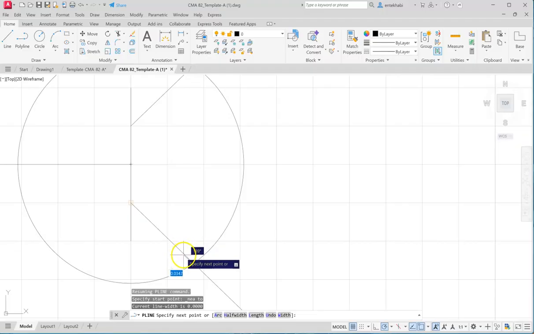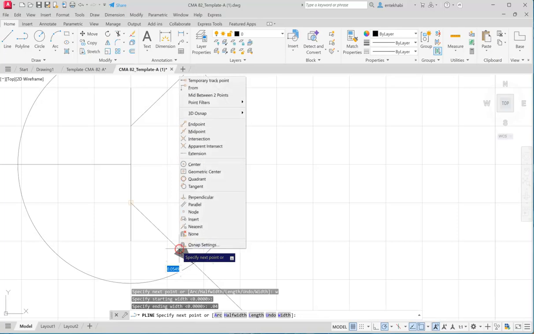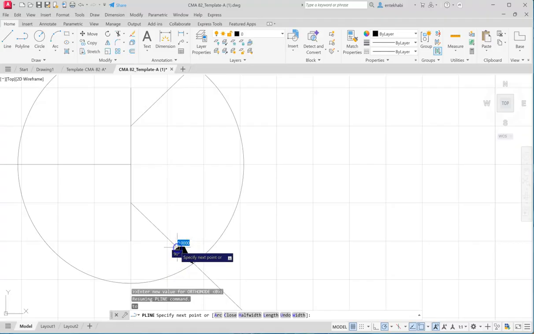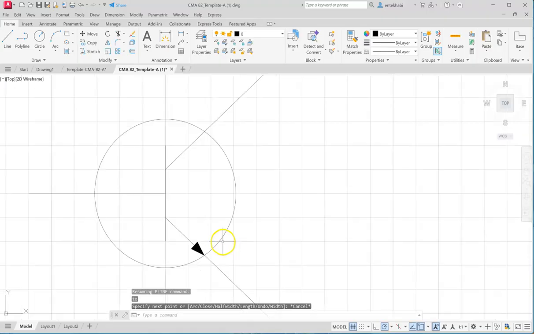So starting with 0, going to 0.04 on this one would be good, just an approximation. And then go to nearest, make sure to pick the line and stay on that line. Okay, that's pretty good there.